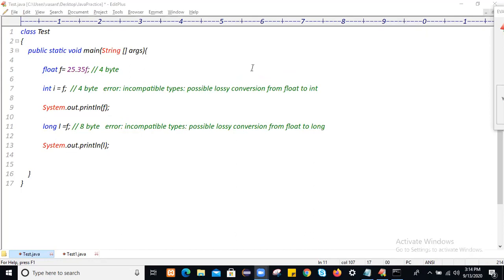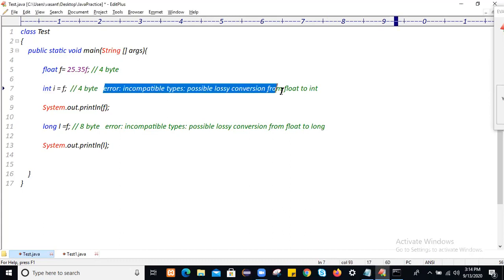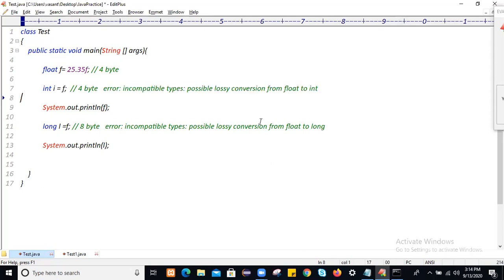Otherwise you will get a compilation error. This compilation error you will get, guys: incompatible type, possible lossy conversion from float to int or from float to long, like that. From which data type to which you are converting, that possible lossy conversion you will get.